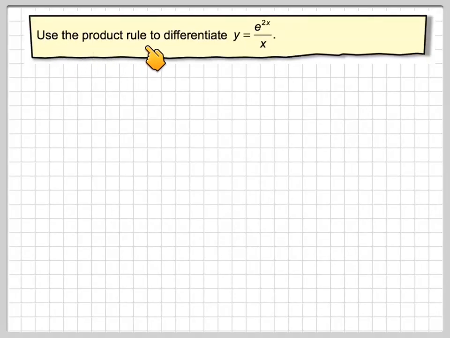Use the product rule to differentiate y is equal to e to the 2x over x. Now, we could actually use the quotient rule here, but the question specifically asked me to use the product rule. So if we write down y is equal to e to the power of 2x over x, and then what